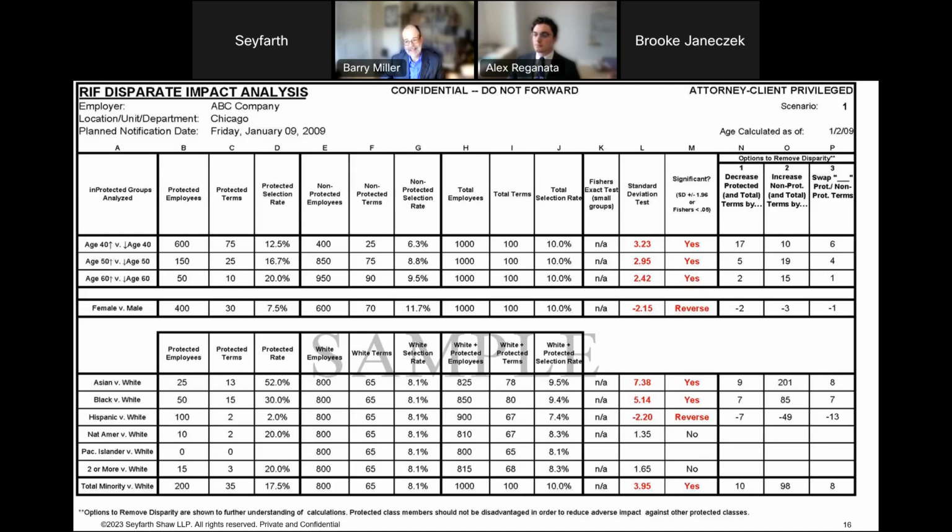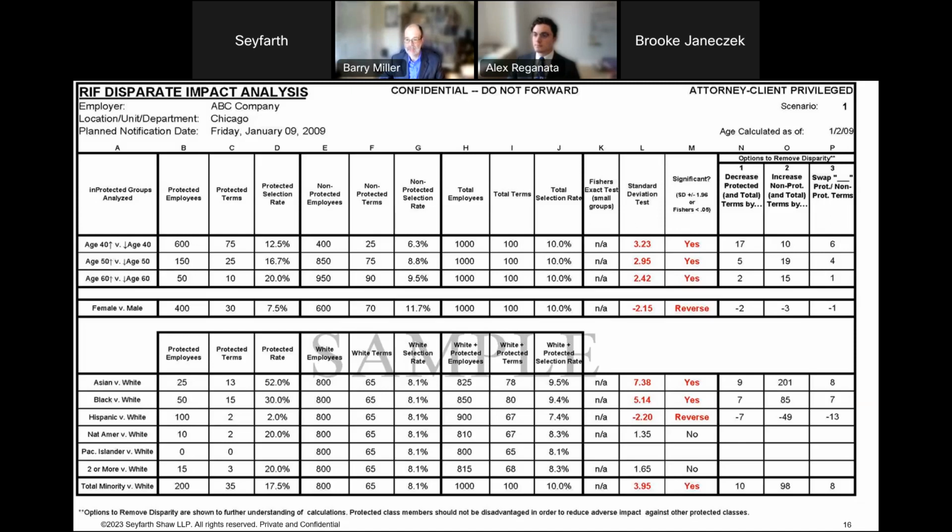And so within the context of an attorney-client conversation, what you may do if you see a statistical disparity like this is look at the number of people who appear to be in excess of what you would expect would be impacted by the given transaction on the table. And you go back to the management team, maybe through the human resources group, and you sort of pressure test the selection decisions, review them, make sure that you're comfortable with them.